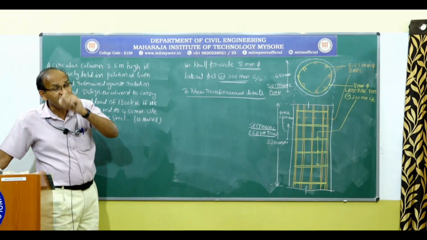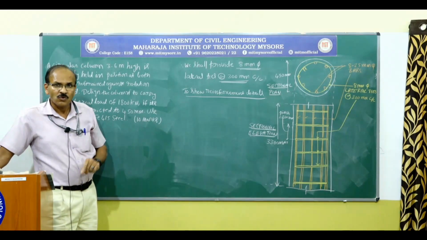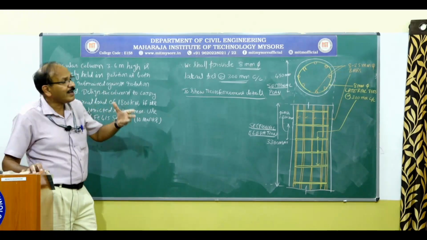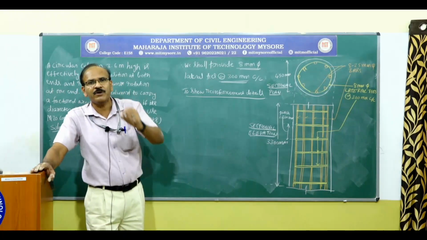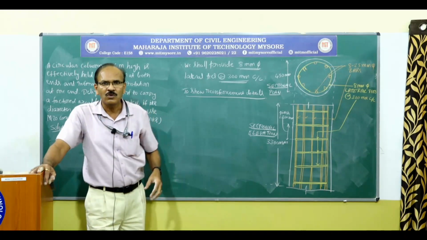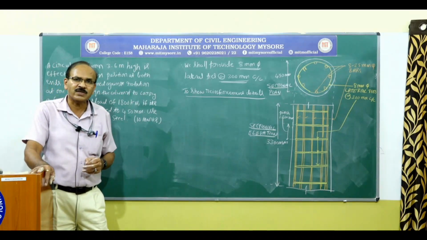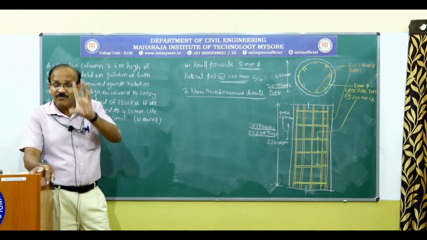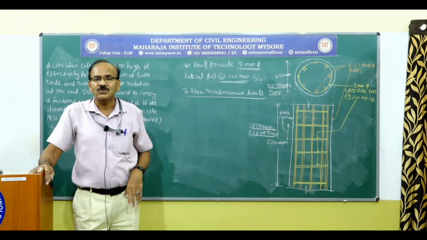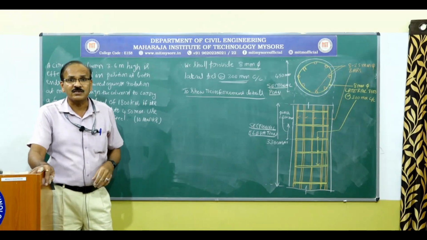Next, check whether that E minimum is less than or at most equal to 0.05 D. So once even this condition is satisfied, then go ahead and make use of the formula given under 39.3 on page 71. So what is the formula? By now you all know Pu equal to 0.4 FCK AC plus 0.67 FY ASC. So in that equation, everything is known except the area of steel, not the area of concrete.